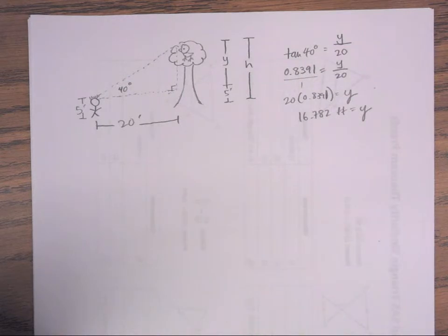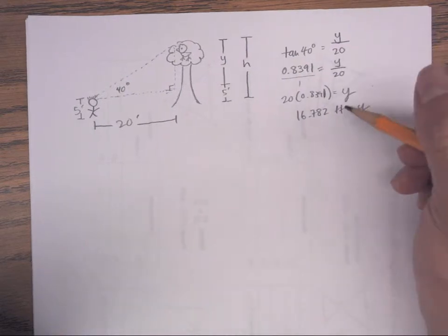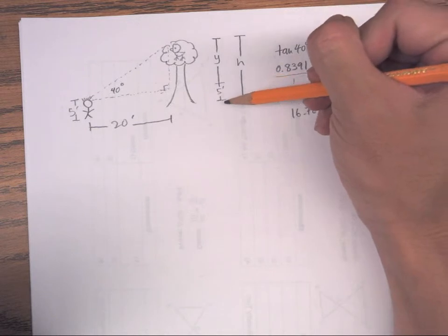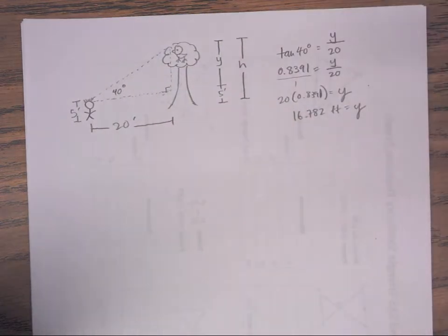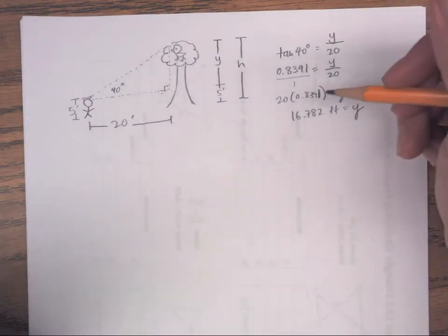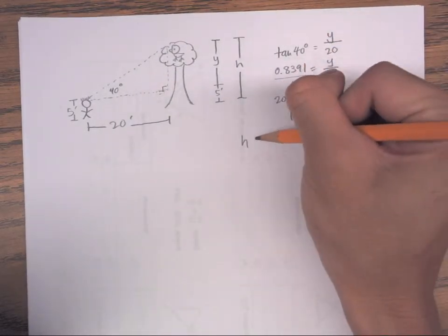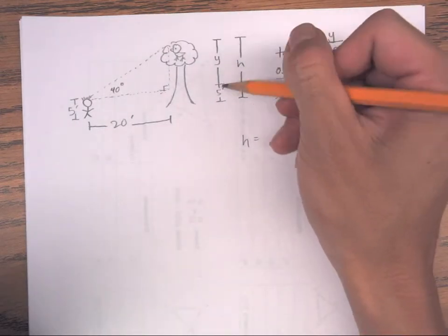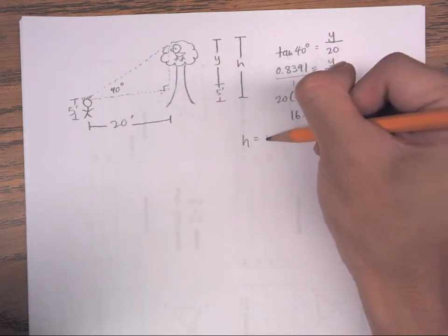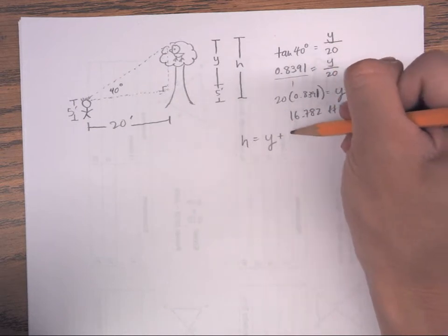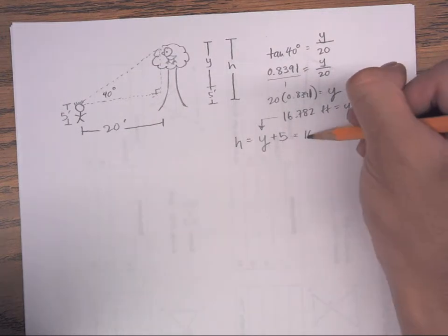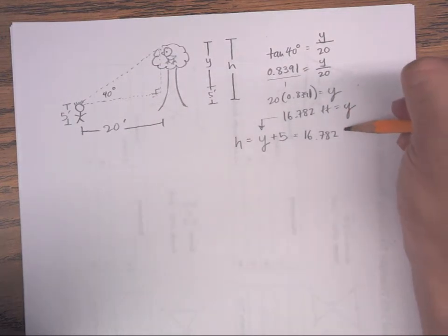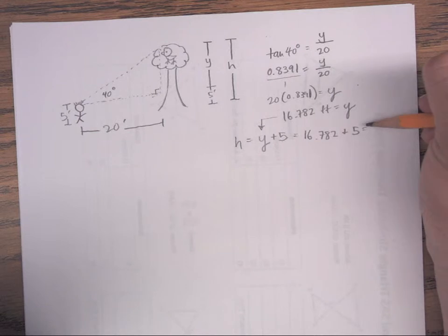Okay, so the next step what you would do is, let's say you want to find the height of the tree. That was the original problem. You want to find the total height of this tree. Basically this is going to be h equals the height found from the trigonometric ratio, the tangent ratio, plus Andrew's height, which we assume is 5 feet. That means you substitute this in. This is 16.782 feet plus 5. That means the height of this tree is going to be about